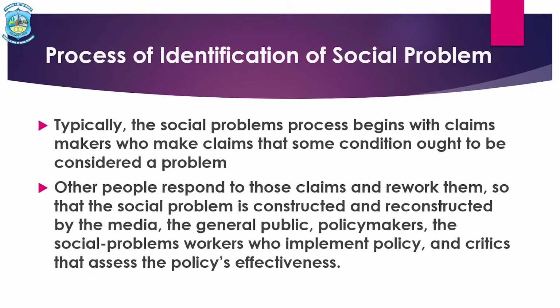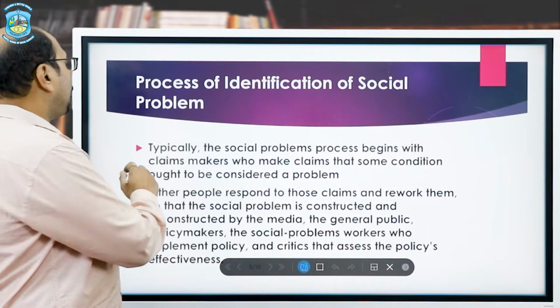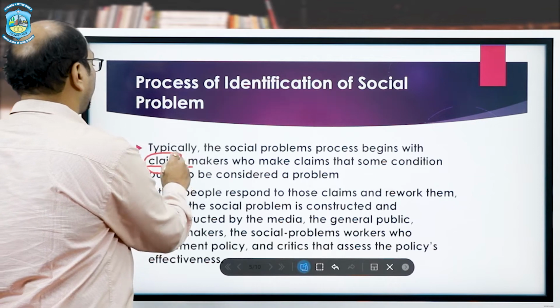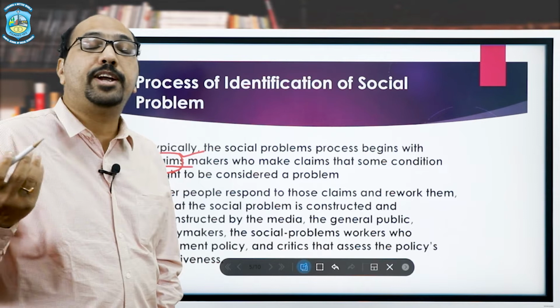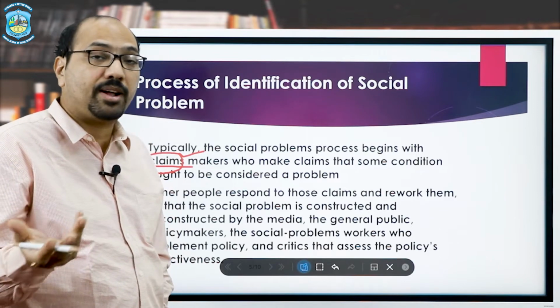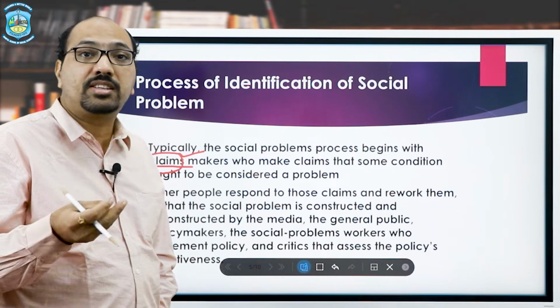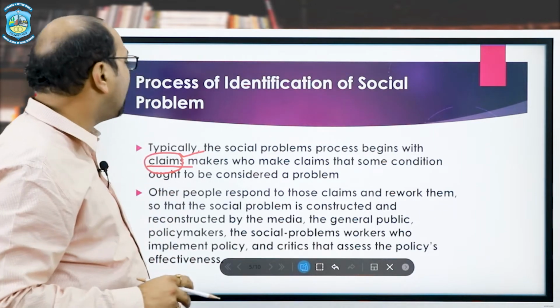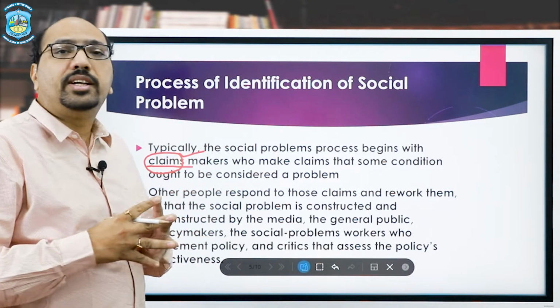In order to make it a social problem, the social constructionist view says that first of all, you need to claim that this particular situation is a social problem. So how do you claim? The claims are made mostly through social media, mainstream media. At the same time, some newspaper articles, some kind of advocacy, some policy groups are behind that, and an environment is created in which it is